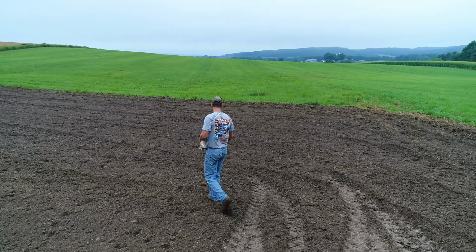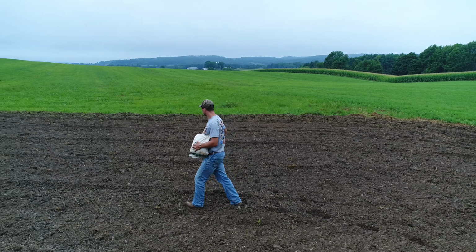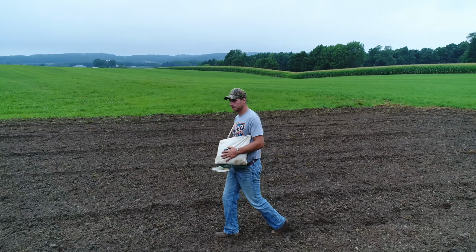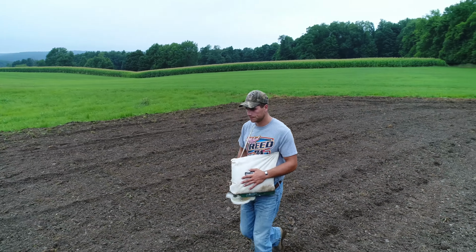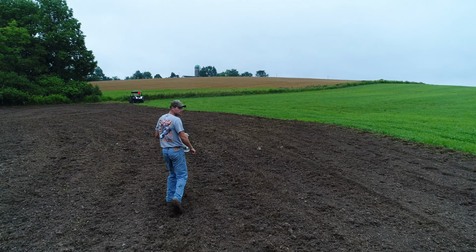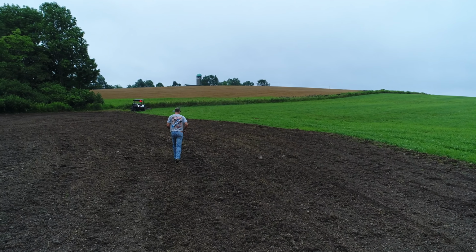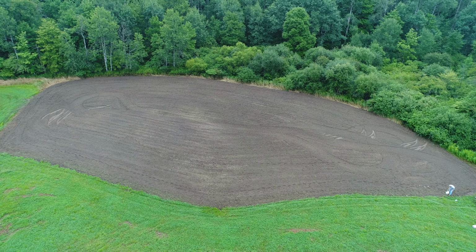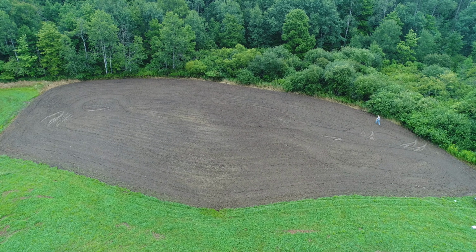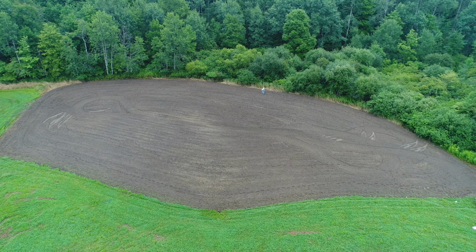This plot right here that I'm seeding down is obviously a different plot than what I had been working on throughout the duration of this video so far. I've got 6 plots in total, and overall it's about 5.5 acres of brassica food plots I have planted. This plot that you see me planting right here has actually got a mix of rye and oats, just because this plot tends to be a little wetter soil, and I think the rye can still grow pretty well in wet soil. The top part of it's all brassica yet, because that doesn't get very wet, and I want to make sure I have brassica there, just because it's such an